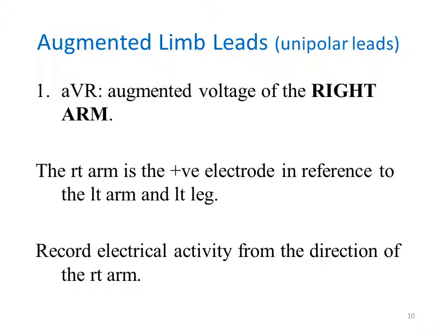AVR, which is augmented voltage for the right arm. The right arm is the positive electrode in reference to the left arm and left leg. As we said previously, it's recording the electrical voltage of the heart from a single positive side in reference to the other 2 points. It records the electrical activity from the direction of the right arm, away from the direction of the right